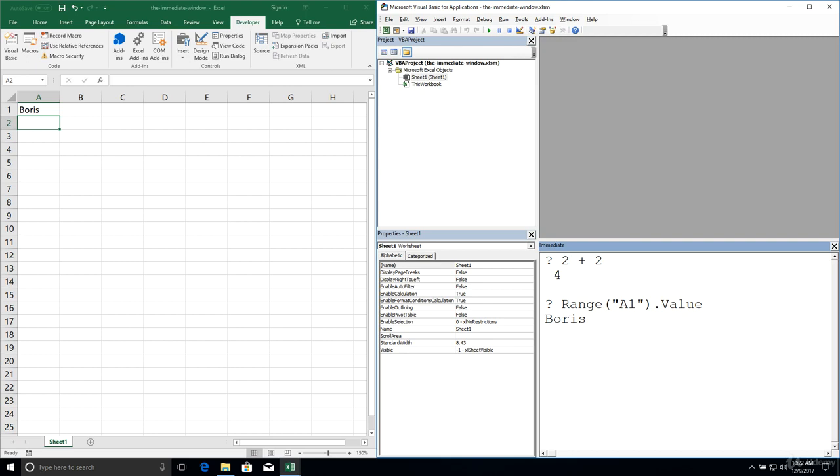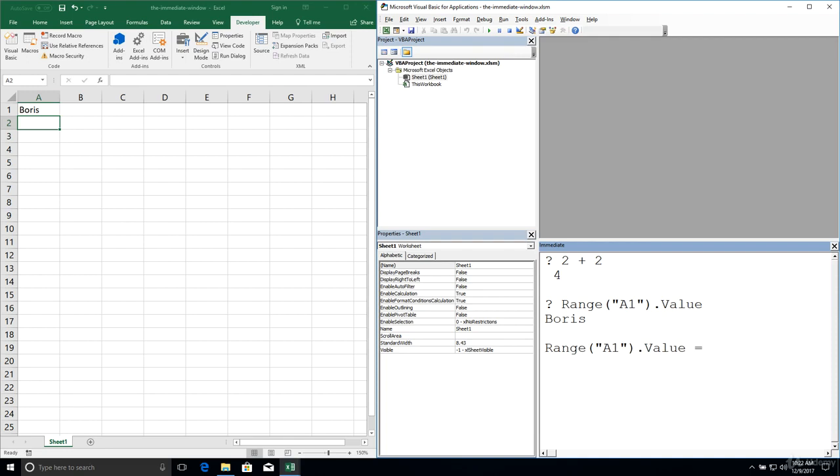If we're going to set the value of a property of an object or invoke a method, anytime that we're doing something that represents an action that we take, in that case, we do not need to use the question mark because we're not asking a question. We're telling VBA to do something. So setting a value on a property does not require the question mark. So if I wanted to set range A1 to have a different value, I can do range A1 dot value.